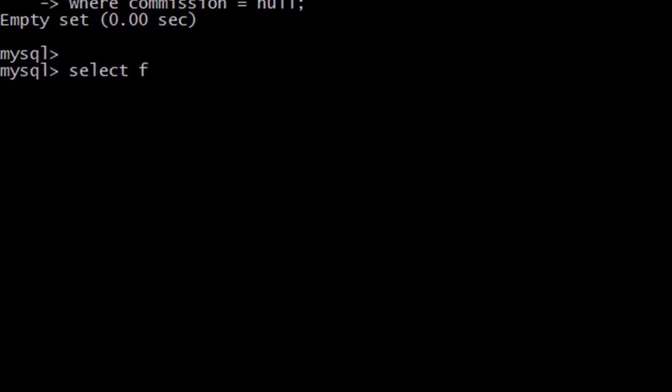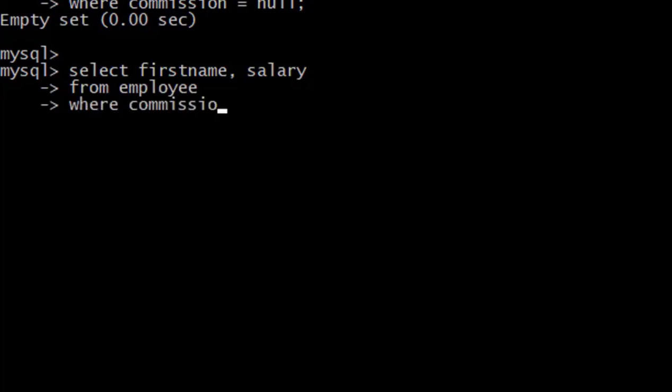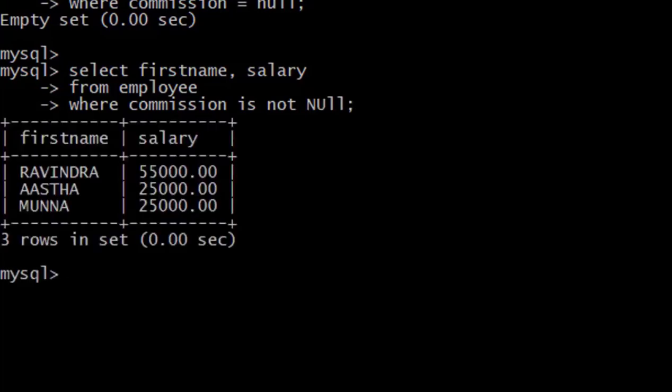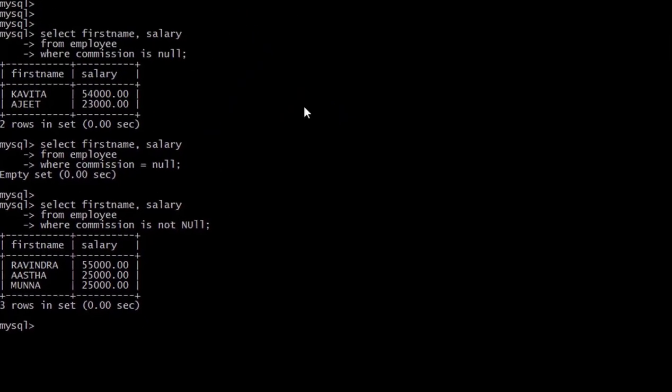Select first name, salary from employee where commission is not null. So here there are 3 records. I hope you understood this second question.